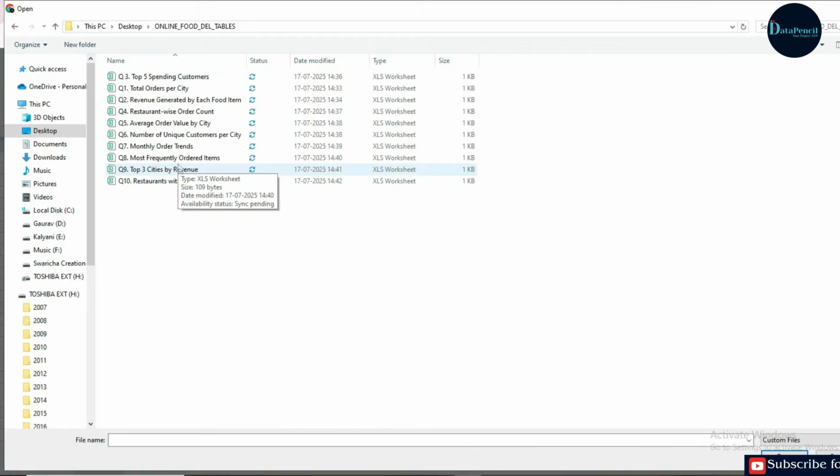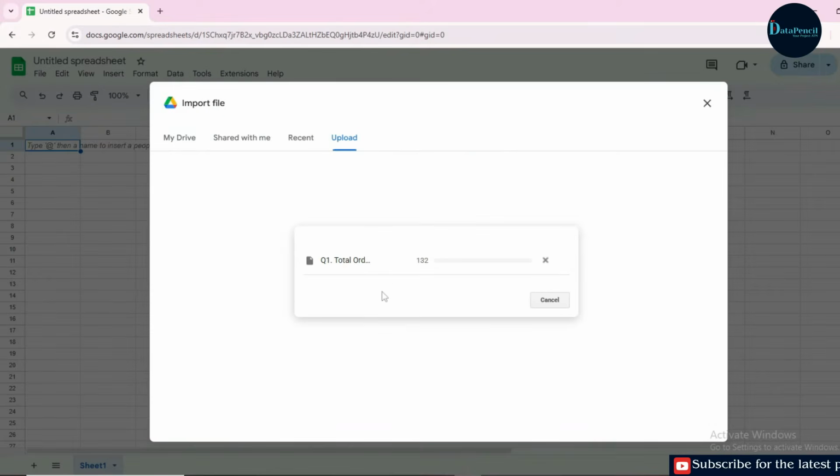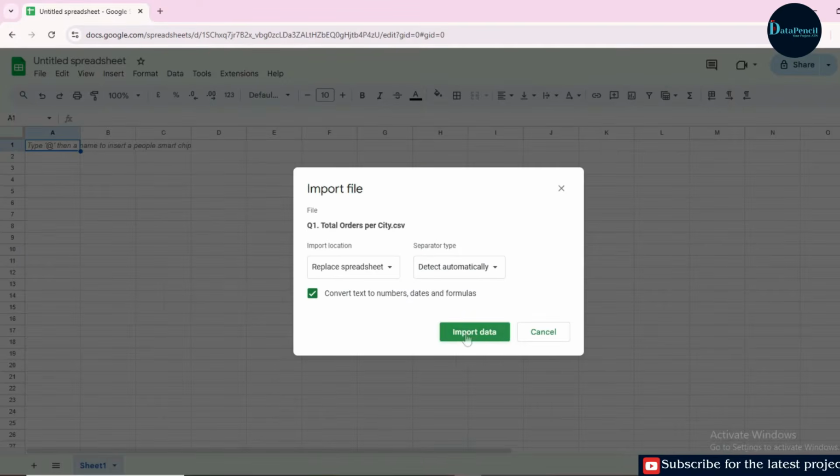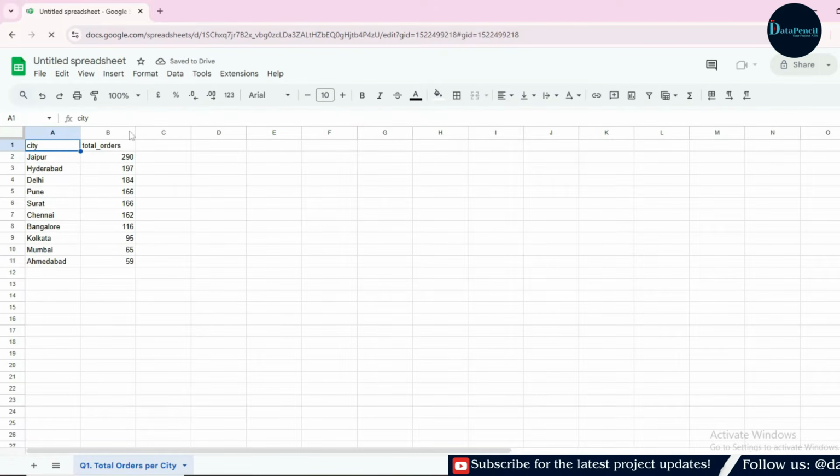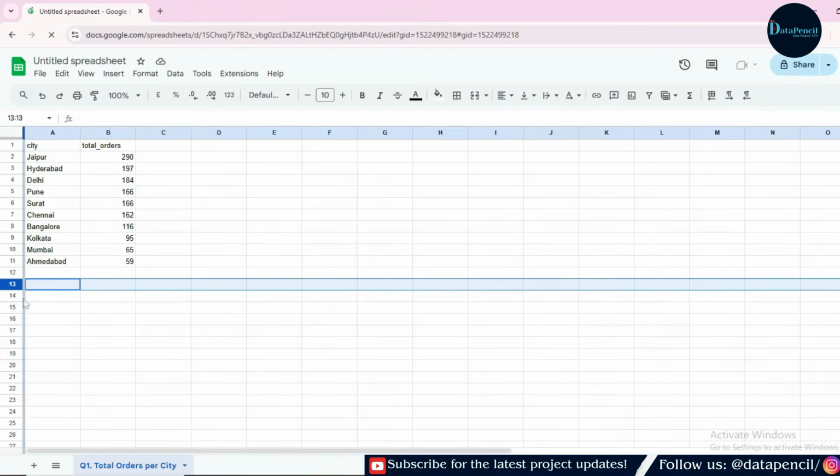Now one by one I will import them. So first of all, let's import this query 1, total orders per city. You simply have to double click on this. Okay, and here you can see it is importing. Now you have to click on this import data. Now after some seconds, here our table has been imported. Correct? Fine.